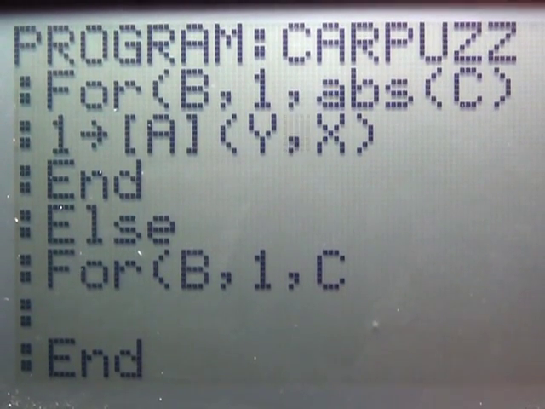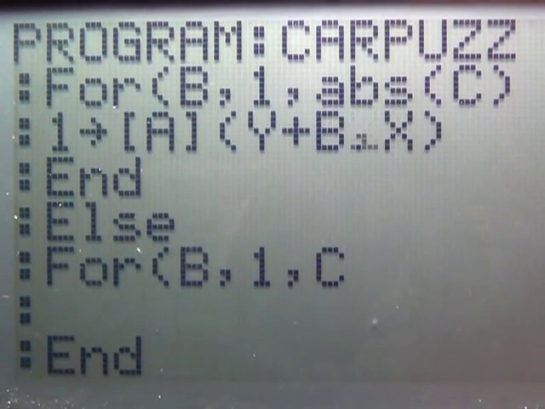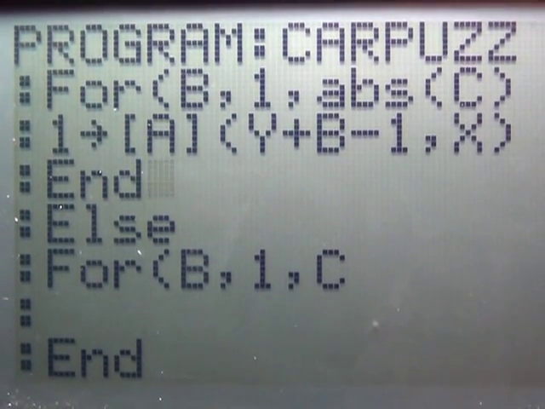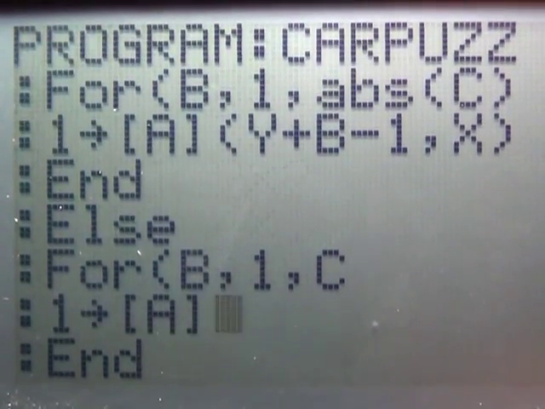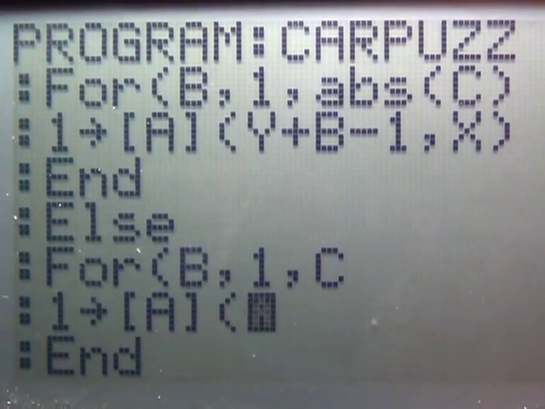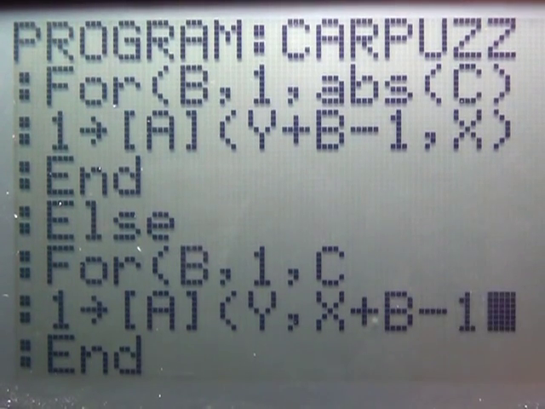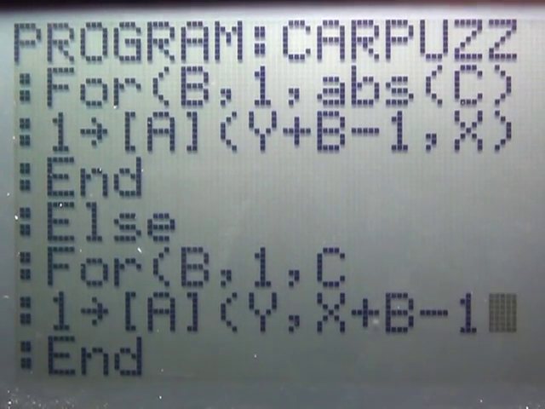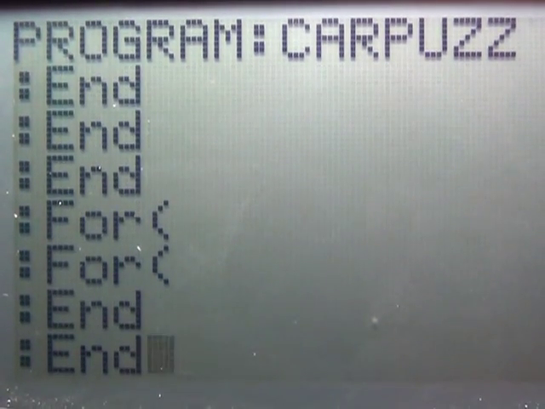So to Y, we're going to add B and then subtract 1. And then for here, we're going to do the same thing, except we're going to add to the X. And so what we're doing here is we're basically drawing the cars. So if this works the way I want it to,